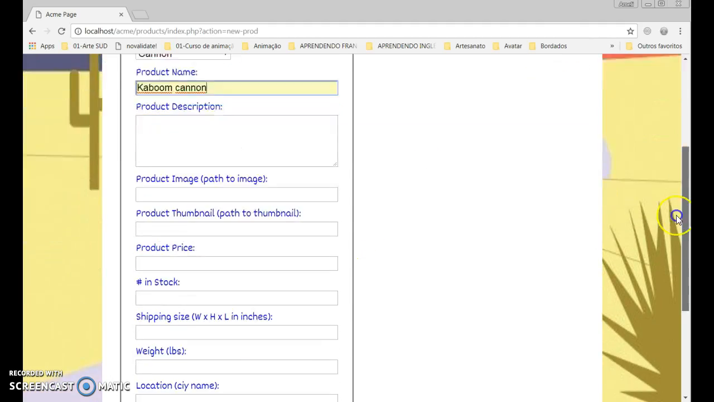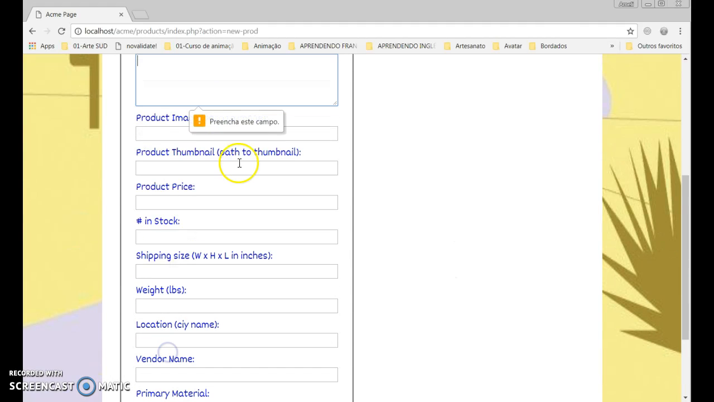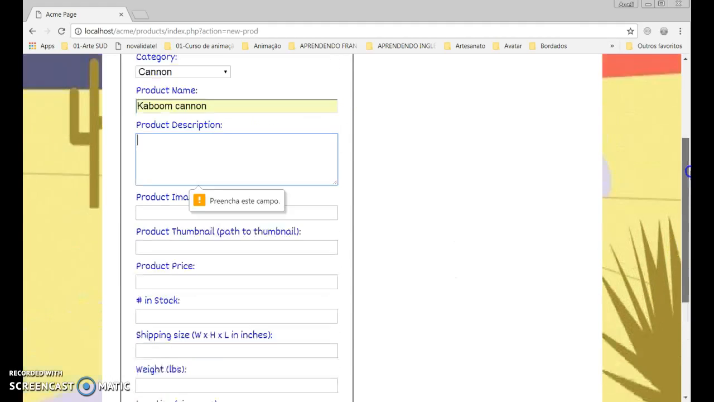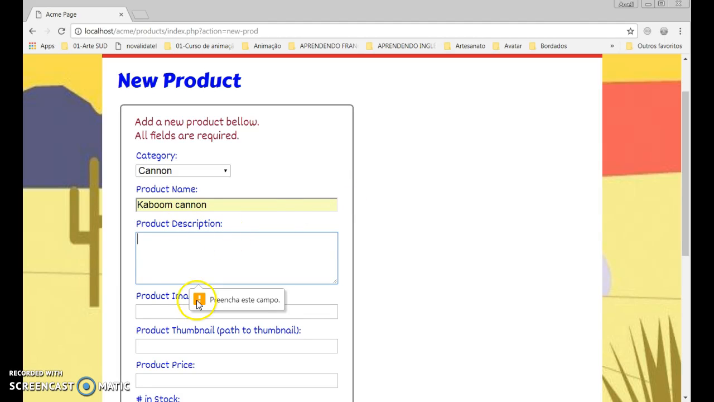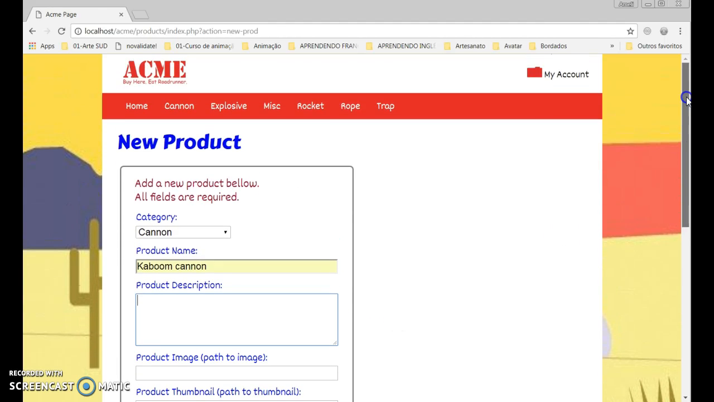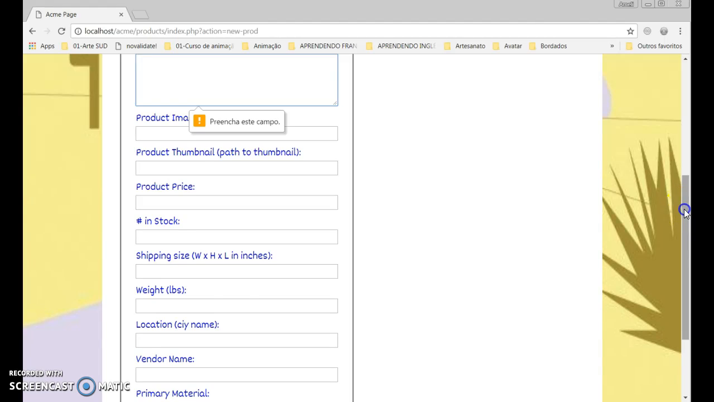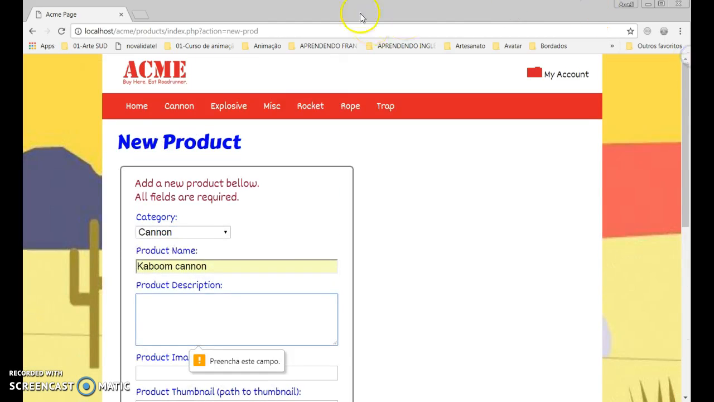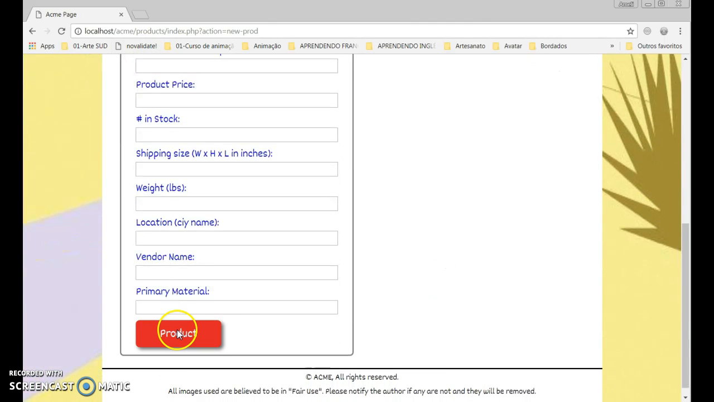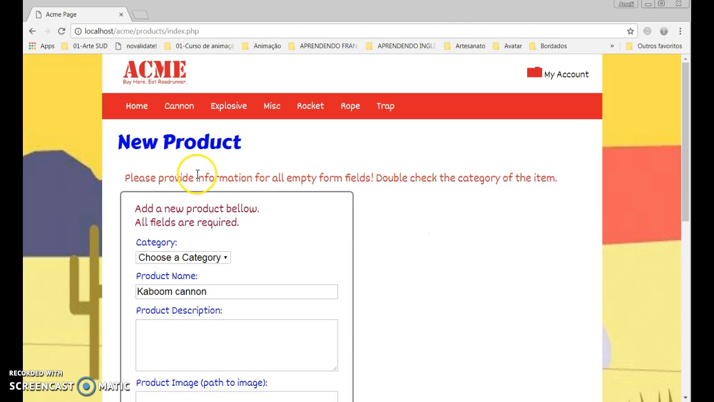If I click here, it will ask me to fill in the information field. If I click here, the same thing would happen. And if I click on validate, it will give me the server side validation with this